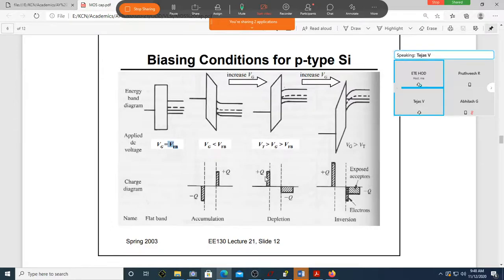See here, for the initial smaller voltage, do you have negative charges which extend deeper into the bulk due to the depletion region? Because the depletion region will not be only one layer. You can see this extending here, whereas here this is just very close to your oxide. This is the metal and oxide interface. This is the oxide and semiconductor interface. Even when you apply positive voltage to the gate, you can see you have more and more positive charges at the interface, whereas negative charges are going deeper.